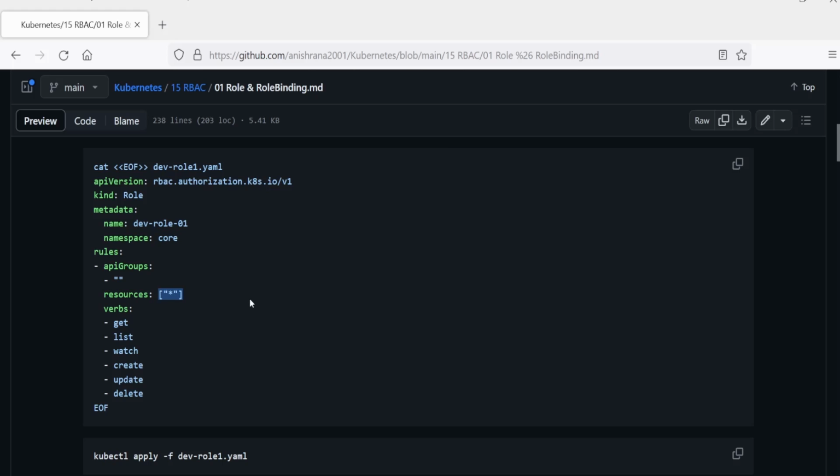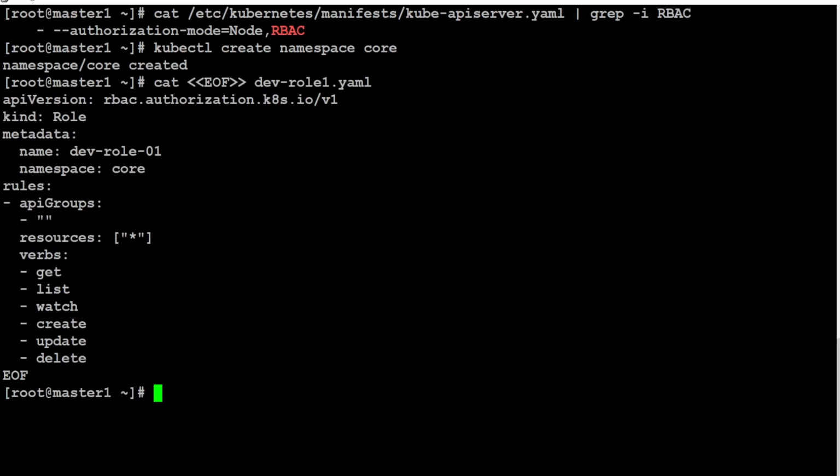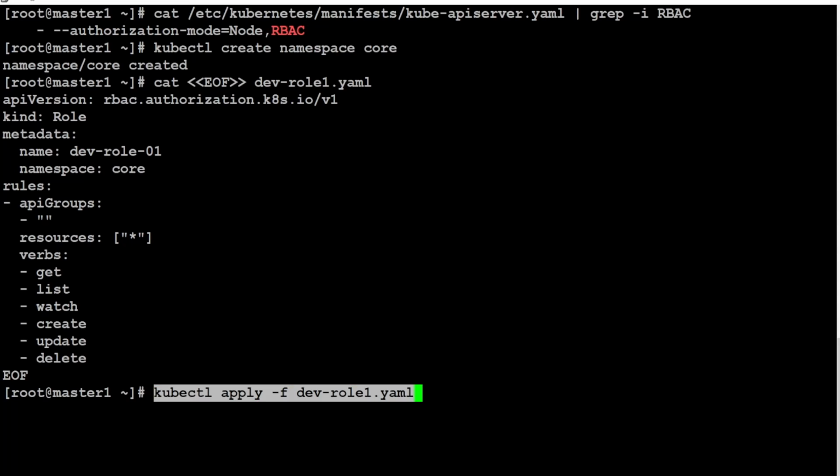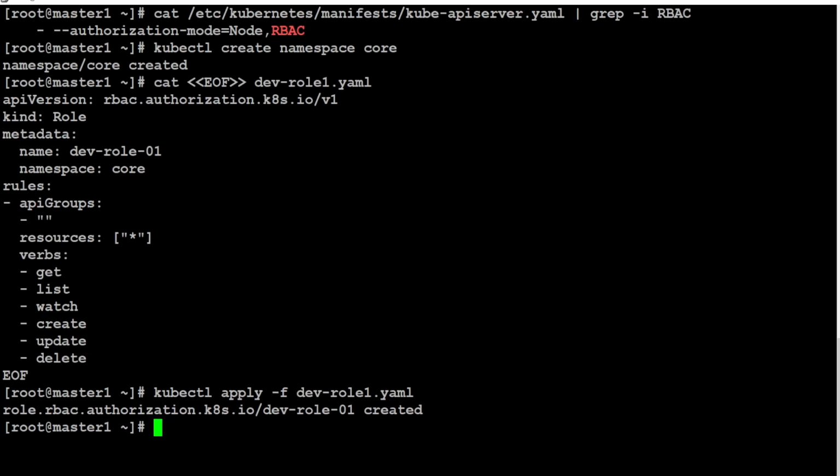It means the user who is assigned this role would have the privileges to list, watch, create, update, delete, get any resources, whether it's deployment, stateful set, config map, pods, whatever. Let me copy and hit enter. Apply this role. From the output, we get to know that this is created.